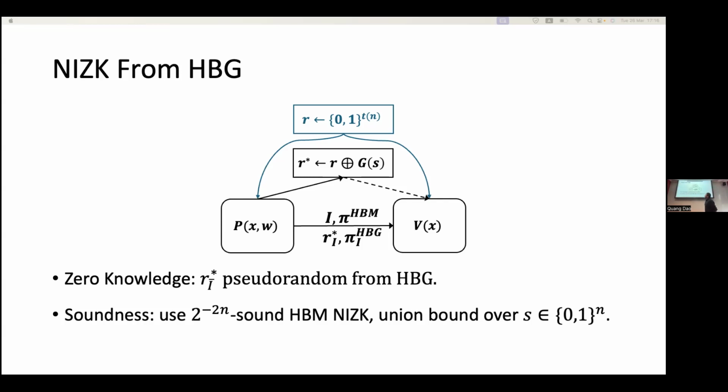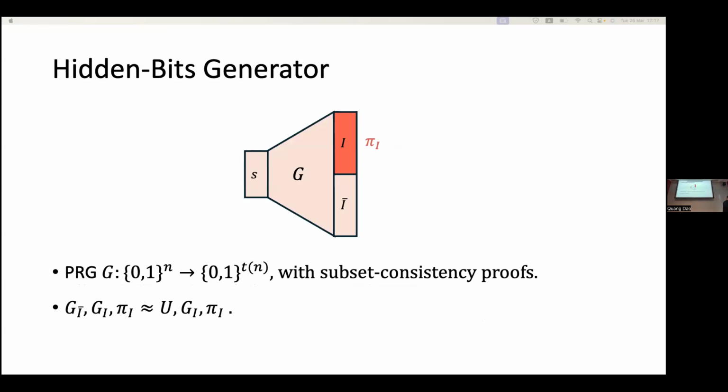Right, the construction is working in two parts. We want to construct NIZK from weak NIZK, right? First part, we show how to construct NIZK from an HBG. And the next part is how to construct HBG from weak NIZK. The rest of the amplifier is how to construct HBG from weak NIZK. So this is the first step: if we had a hidden bits generator, we could construct NIZK. Now the question is, how do we construct a hidden bits generator,